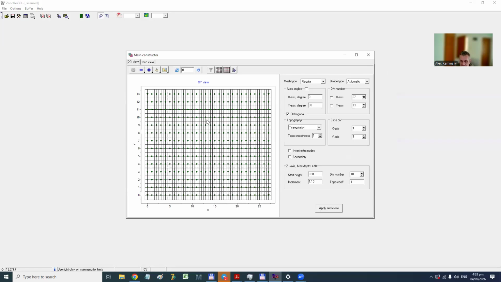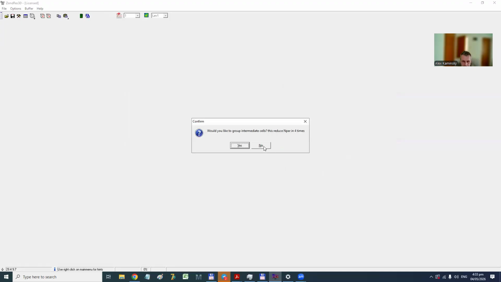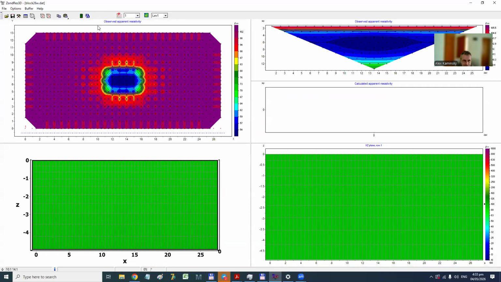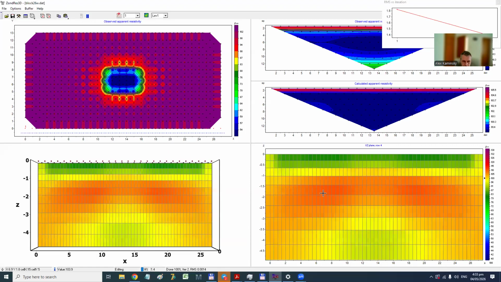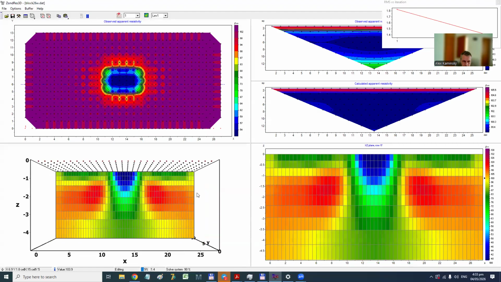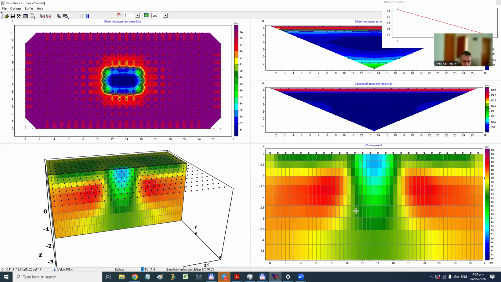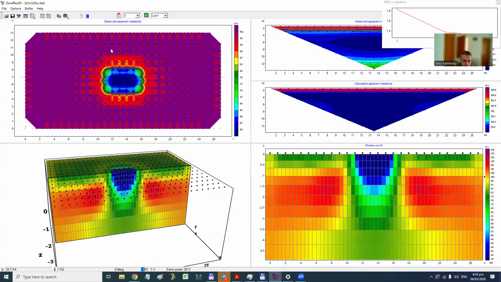Of course, for these synthetic examples, it's very easy to construct the mesh. And let me show, this is a linear array, and the speed of calculation now is pretty fast. So for such examples, it takes seconds per iteration. So it's pretty fast, and